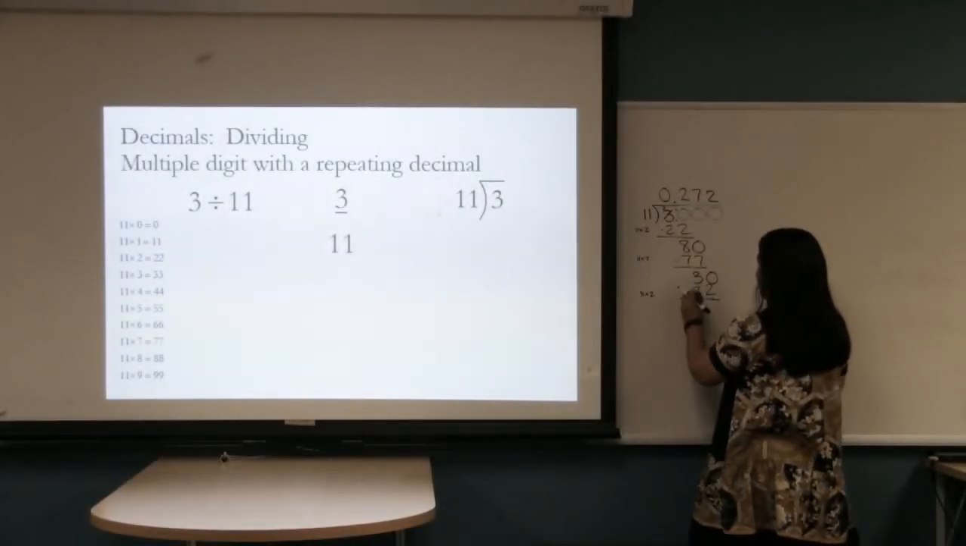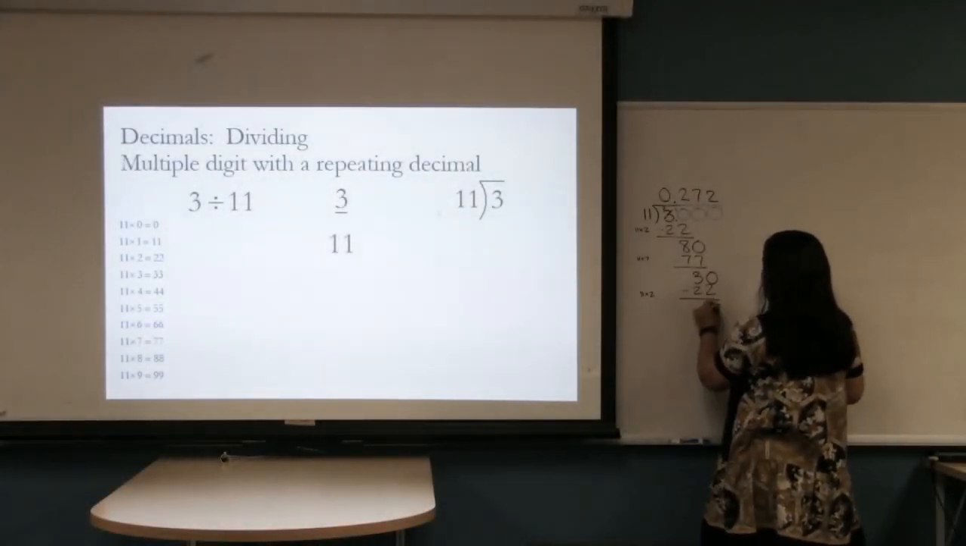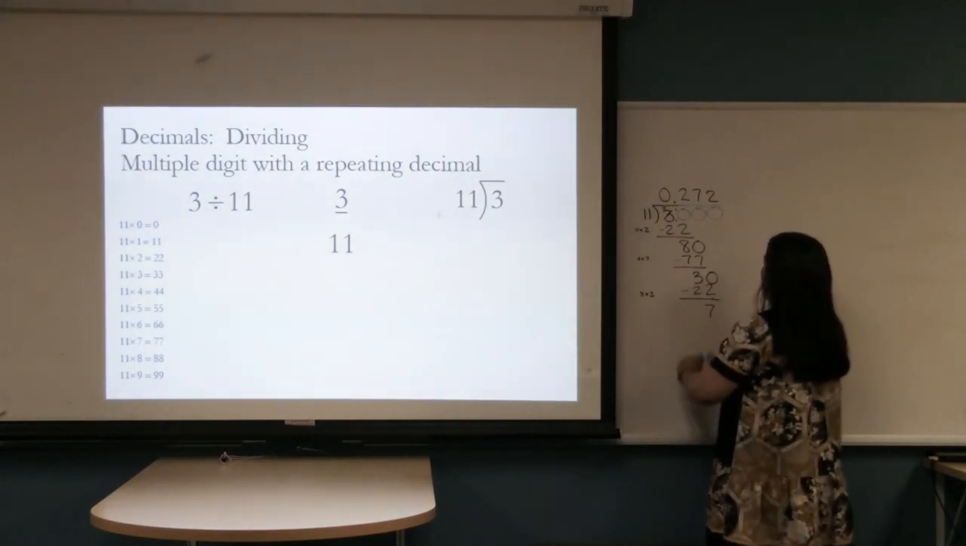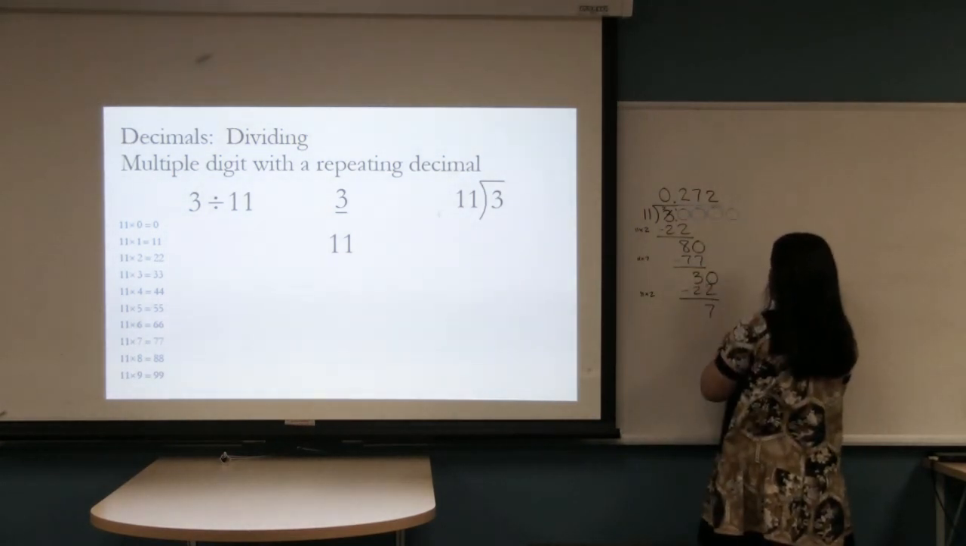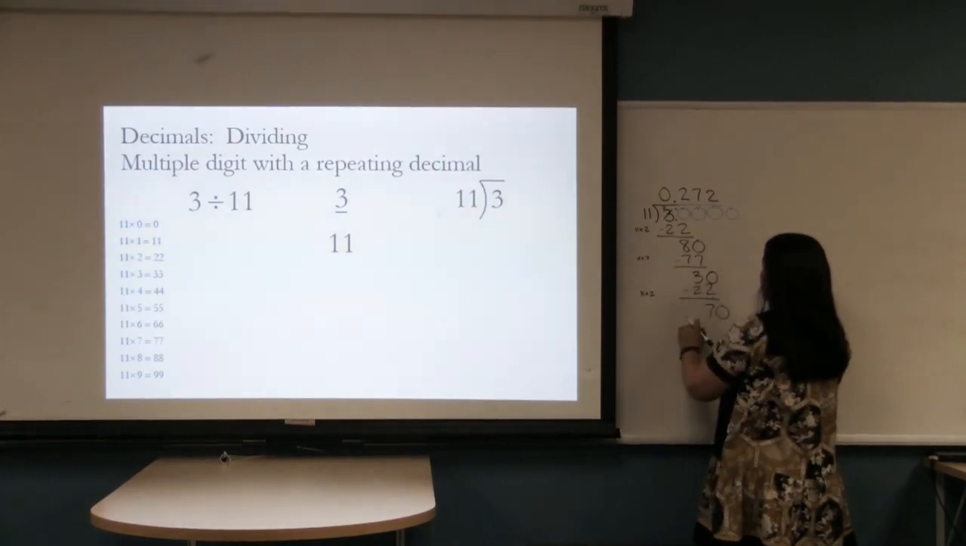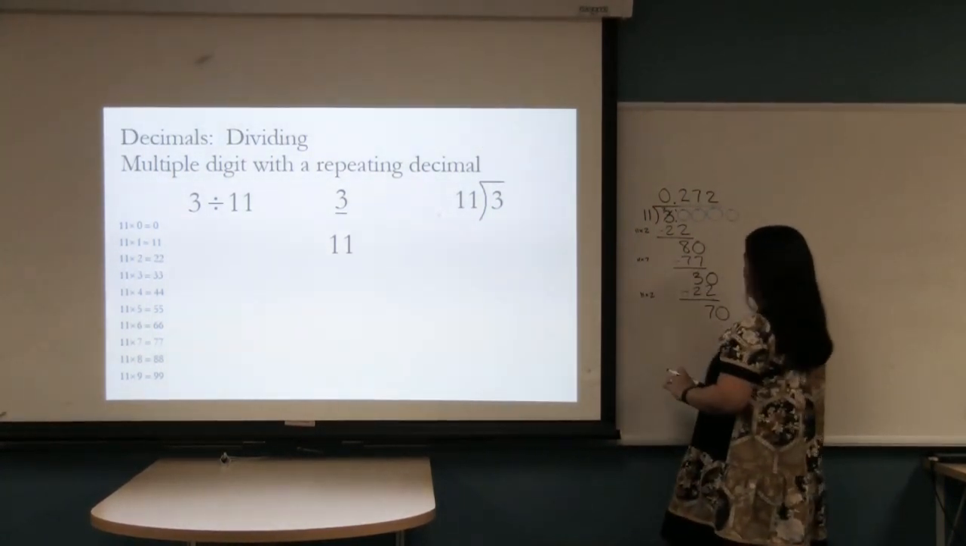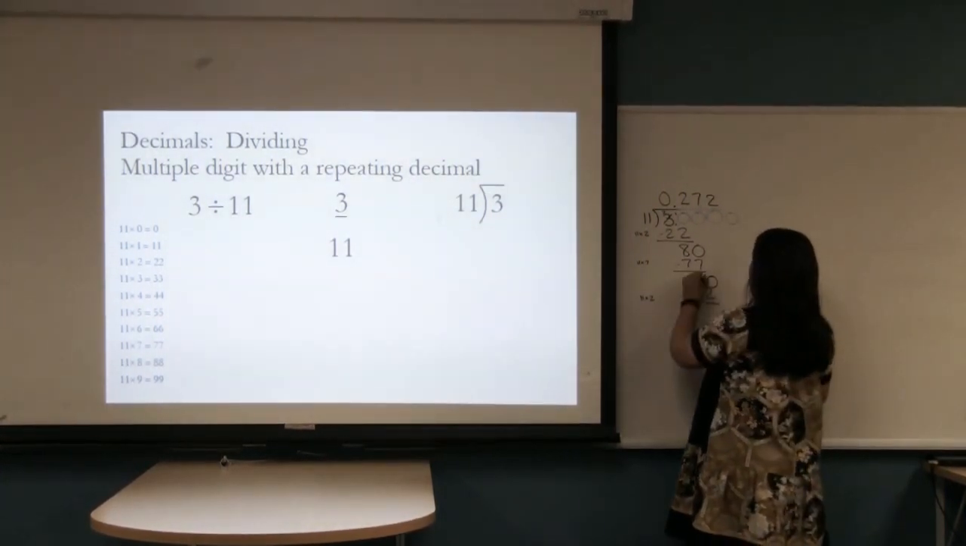And we subtract. And we get 7. And we have another 0 up here. And we bring it down. And, oh, I made a mistake. Let us go back. We have to